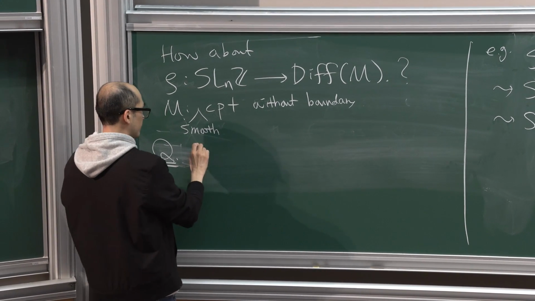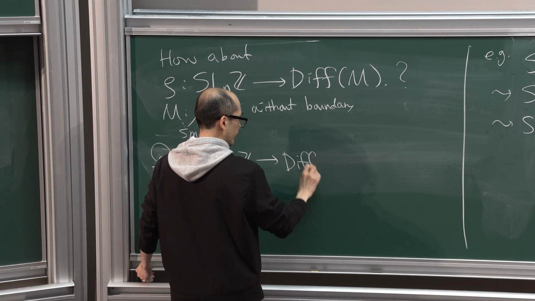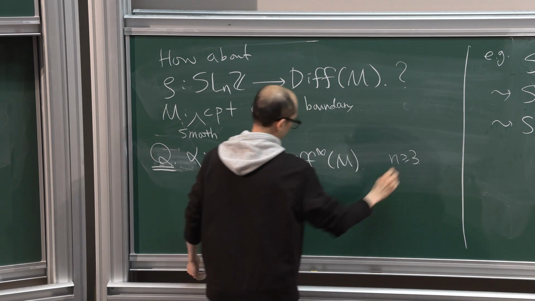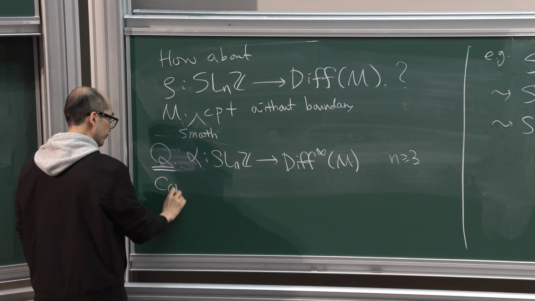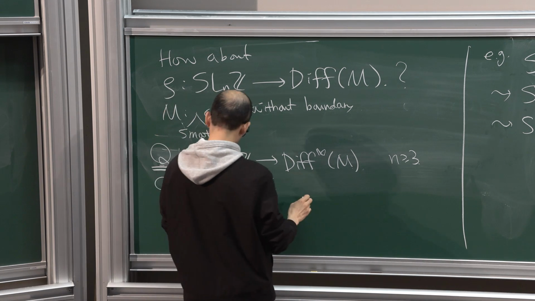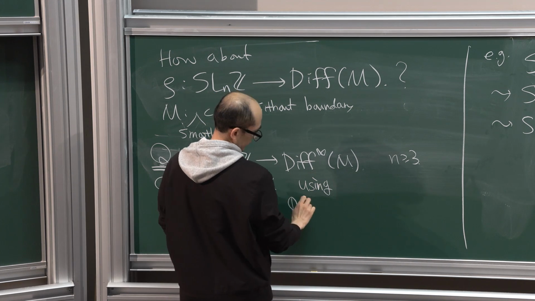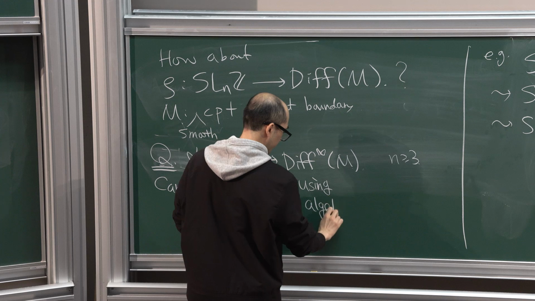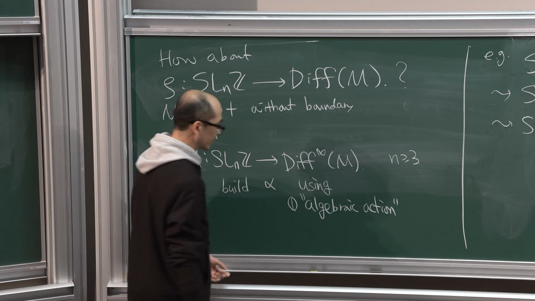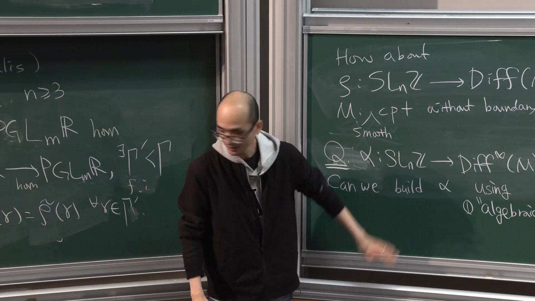So now if you have an alpha from SL_n(Z) to the diffeomorphism group of, let's say, C infinity, and n is only 3, then can we build alpha using first algebraic action, whatever algebraic action means, because this is just a mimic of some analog question in here,